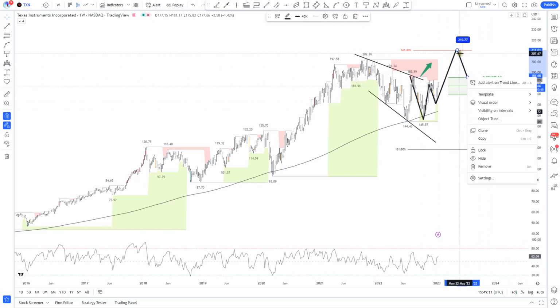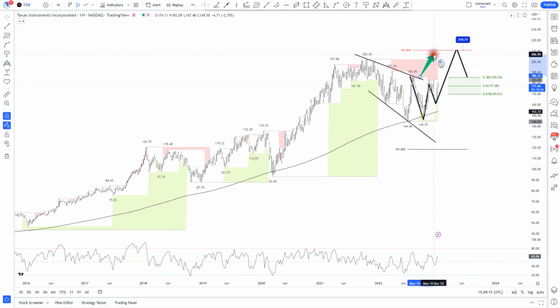So there are three steps that we need to wait for: a clear violation of this fractal that should trigger positions to the upside, but then later be careful with this bearish deep crab pattern, which will suggest the pullback.